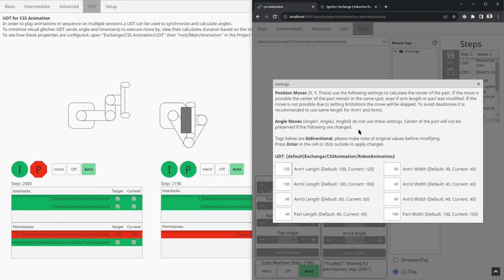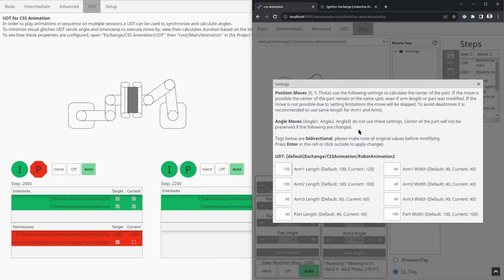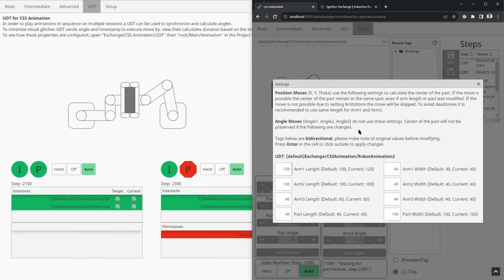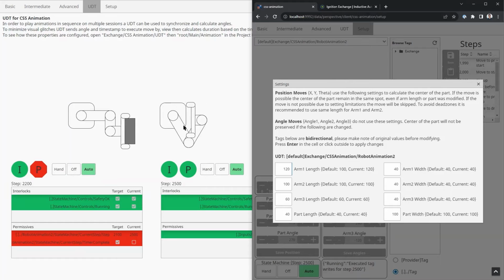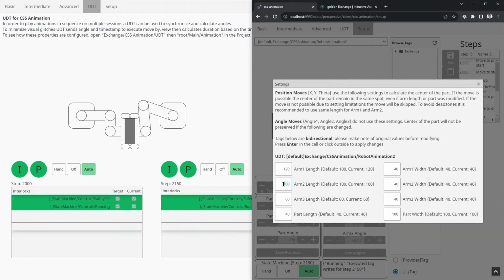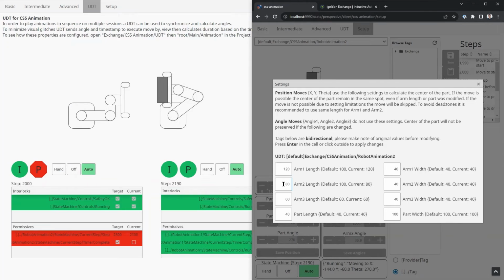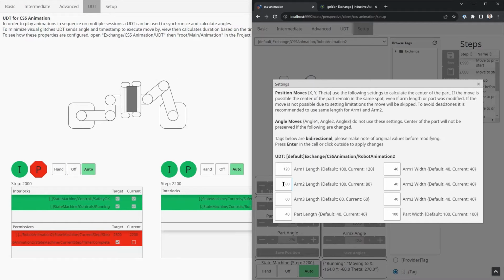As you can see, I did it while it was moving. First animation might be glitchy, but then I will recalculate, and it will continue running even though we just made this limb longer.